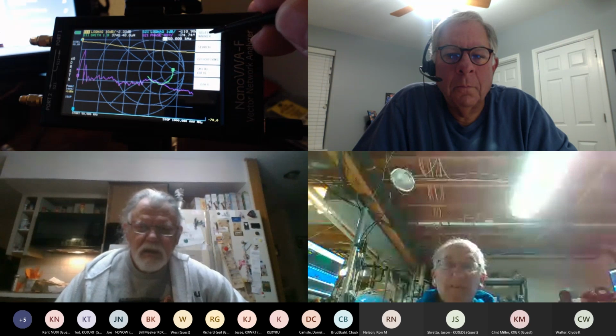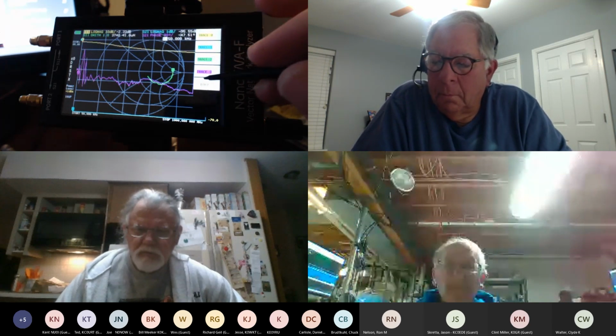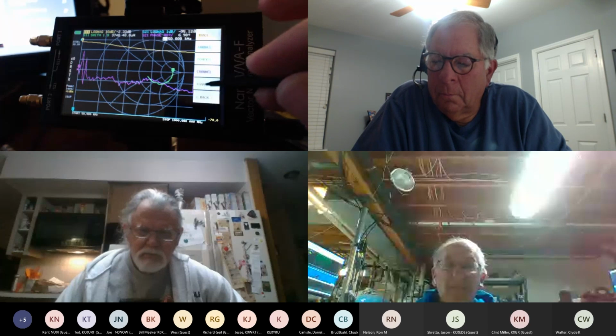From this point, we can go in and select which marker we want. We can select from the display which trace we want. We can toggle traces on and off and do some other things, really outside the scope of what I'm going to show here today. I really want to just show some measurements and what we can actually do with this particular instrument in a